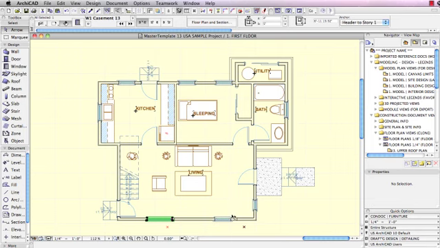So if I wanted to update this project to use all ArchiCAD 13 library parts or ArchiCAD 14 library parts, I would select one or more elements and switch them in that same way. So if I go to the door here,